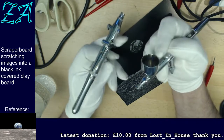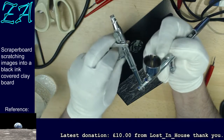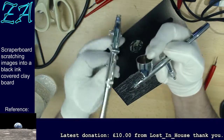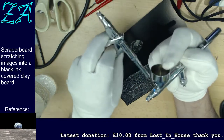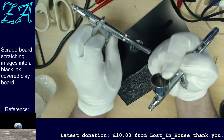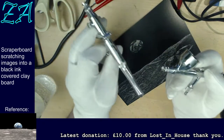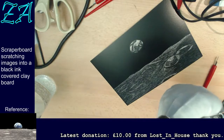Just like you can with yours, free. Only yours is bottom fed, but you then have a side feed cup that goes into it. But I quite enjoy these. These are sort of mid-range in the Iwata style, and I like the balance of them, and this one especially is nice. But my really nice brush